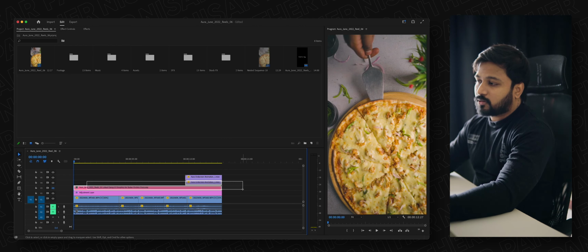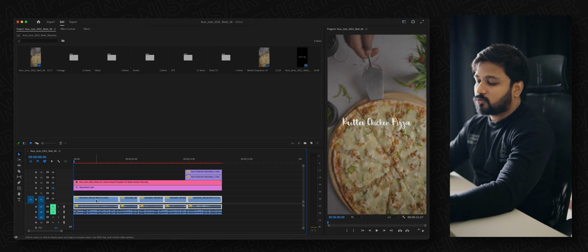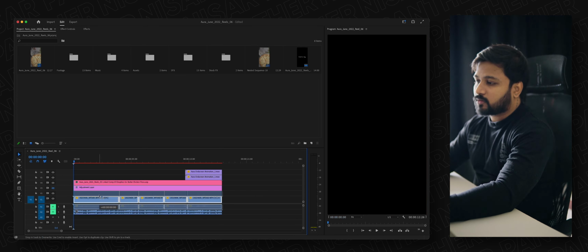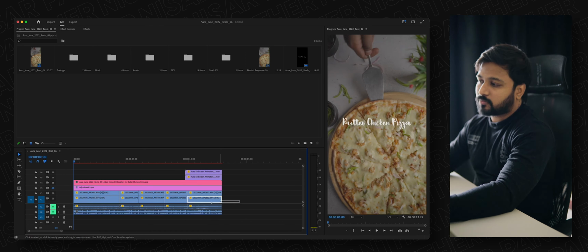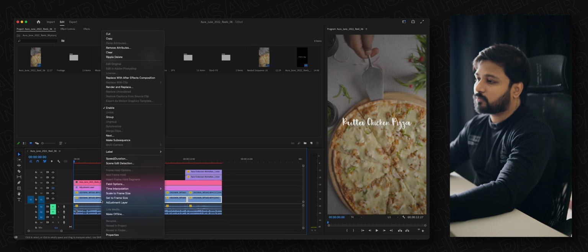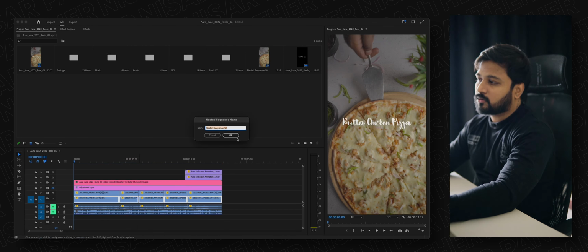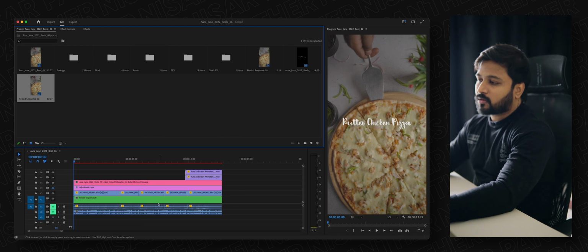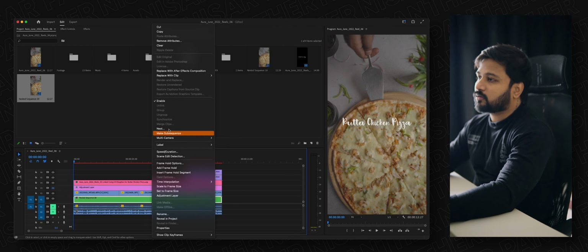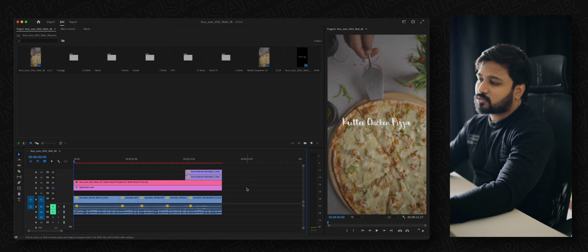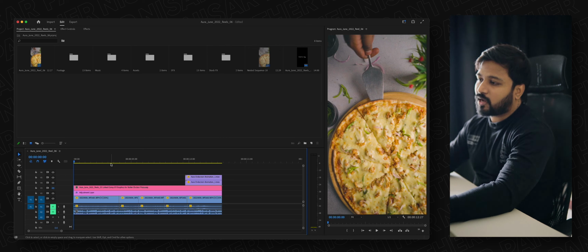I just duplicated all the cuts of my layer, selected all of them, right clicked and nested them as one sequence, and then right clicked and chose Replace with After Effects Composition. I already did it, so let's just undo that. I already have a layer of it,